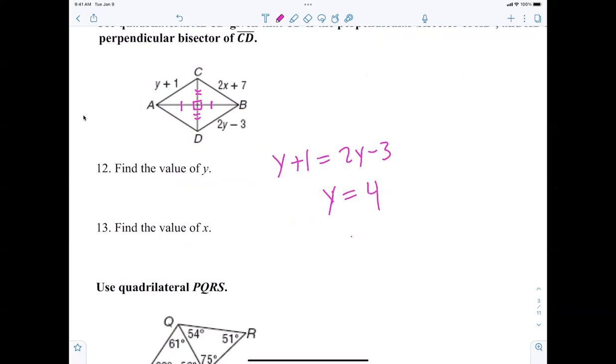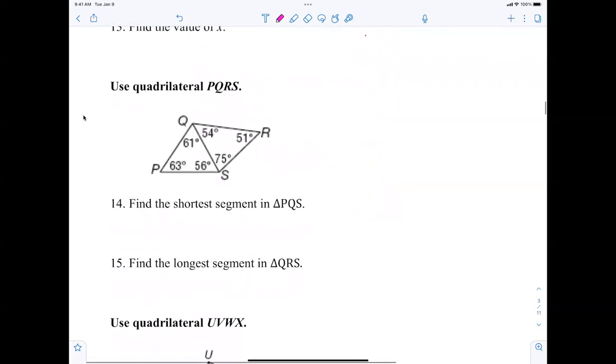Then we put 4 in place of y, so it's 2x plus 7 equals 5. Yes. And so then x equals -1. I'm pretty happy with that. Anybody have any questions with that? Okay,